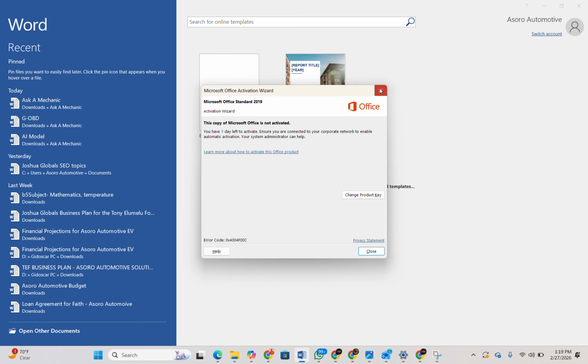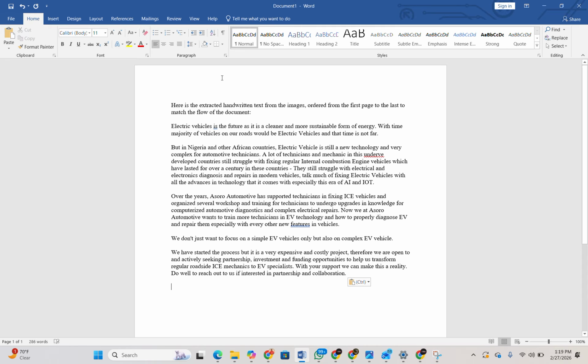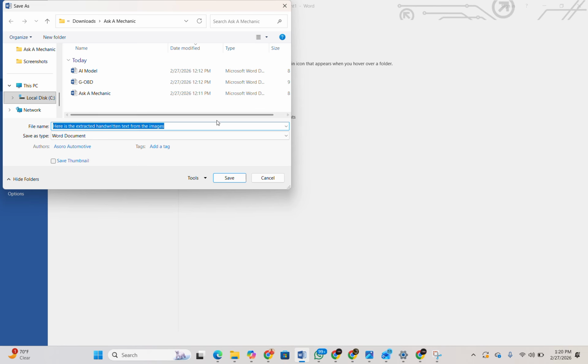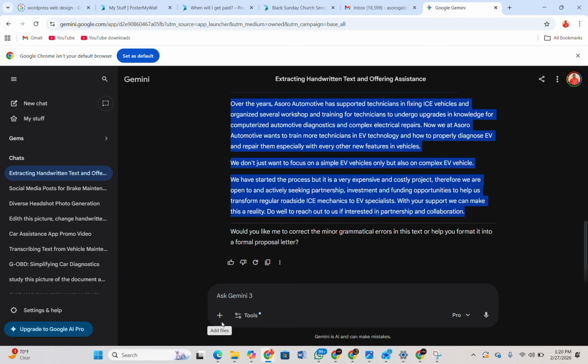So Control S. I'll save it under here. So I'll call it electric vehicle. I'm going to close it. Then we have some other set of texts,